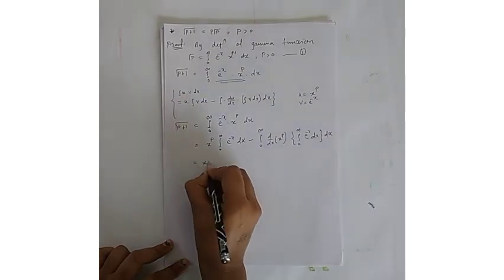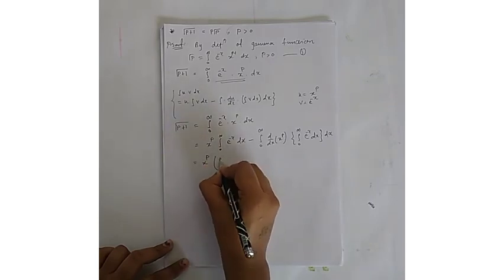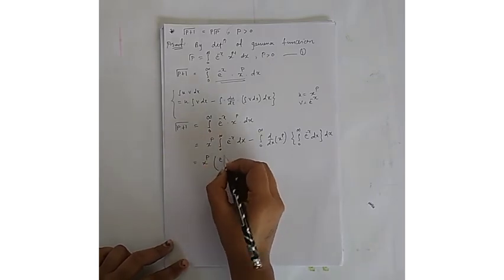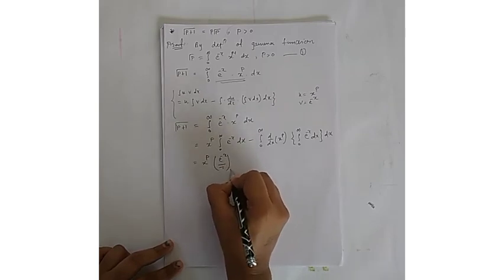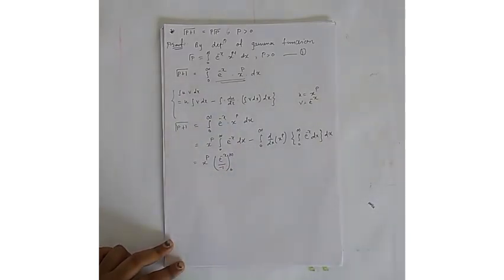So it is x raised to p; integrate this, that will give e raised to minus x upon minus 1 with limit 0 to infinity, and